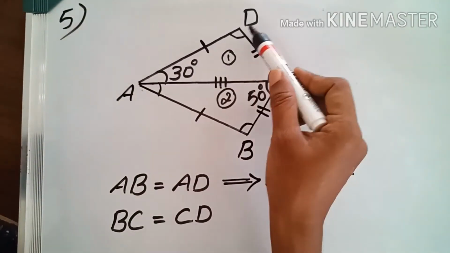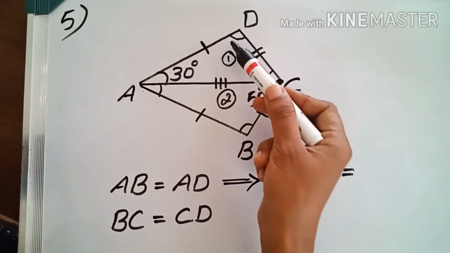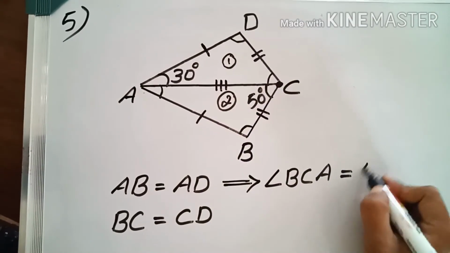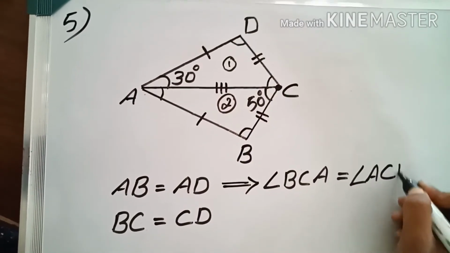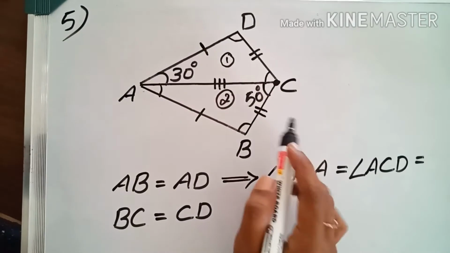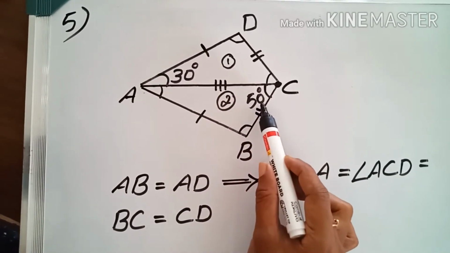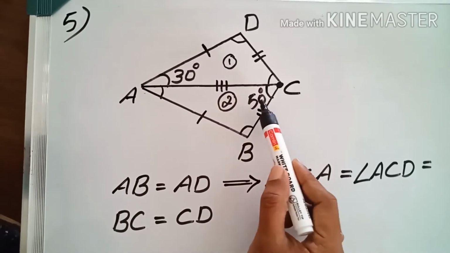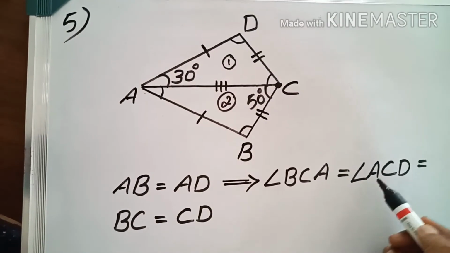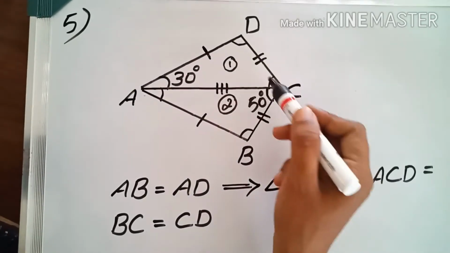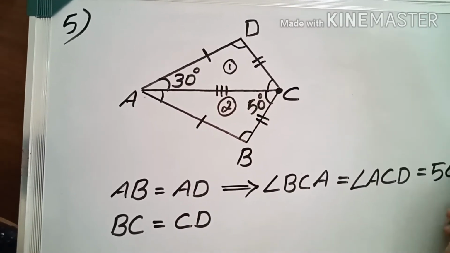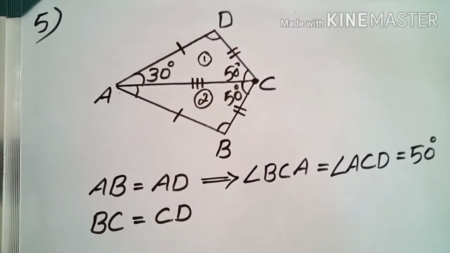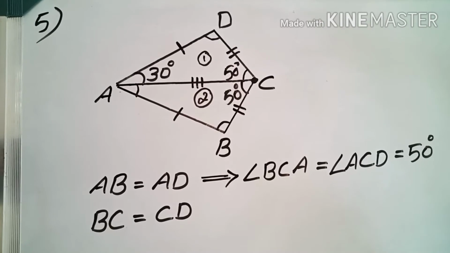So you have to specify the angles. So the angle opposite to the side AD is angle ACD. Now one angle is given, that is 50 degree. Angle BCA is given as 50 degree. If BCA is 50 degree, ACD also is the same. That means that angle will also be 50 degree. Okay, here also the angle will be 50 degree. So the first angle we got.